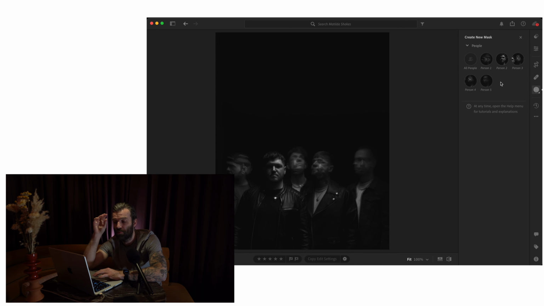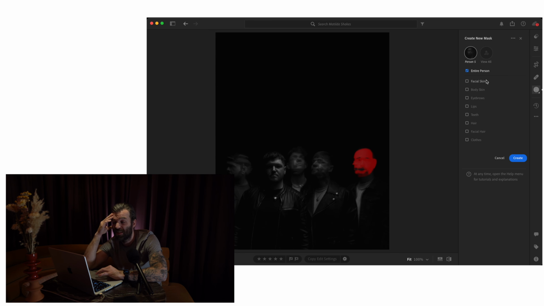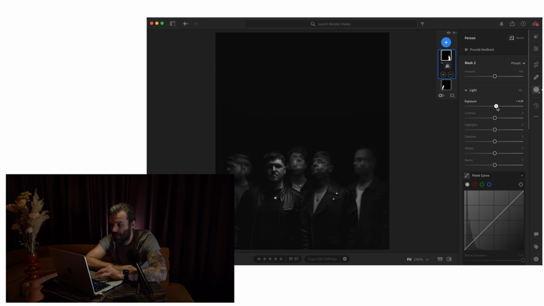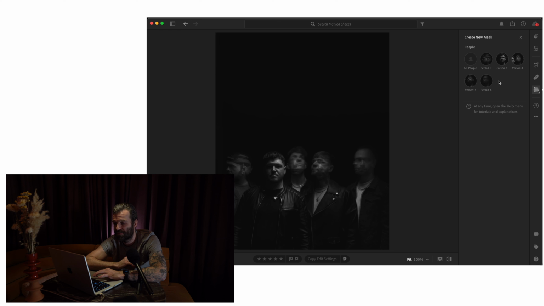So that's the first one, and then we're just going to go through the rest of the lads who need a little bit more bringing into focus. There's probably only 3 out of the 2 that do, if I'm honest, so we'll bring them up a little bit. Like I say, it's really not much. It's just a little bump in exposure, and we're going to dirty the frame up a little bit anyway, so we're going to use a bit of